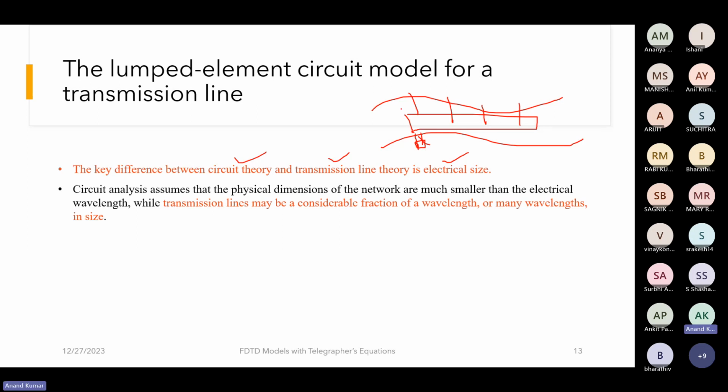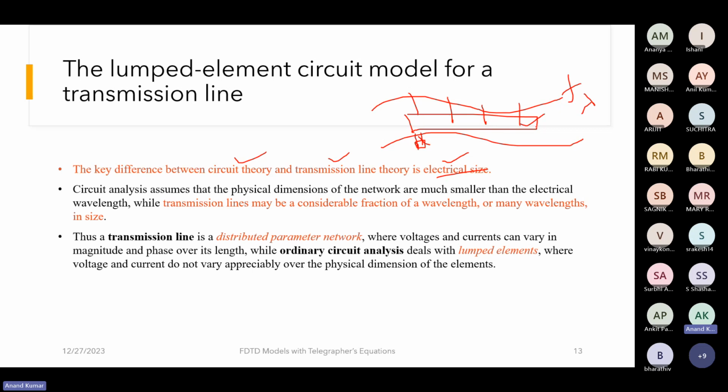Hence, this is decided by the electrical size, which is based upon the frequency or the wavelength of the wave you are considering. Hence, we consider transmission lines as distributed parameter networks, and lumped components are considered lumped because, like in ordinary circuit analysis, there is no phase change across the component. So this is the main difference between these two methods, and voltage and current will vary appreciably across